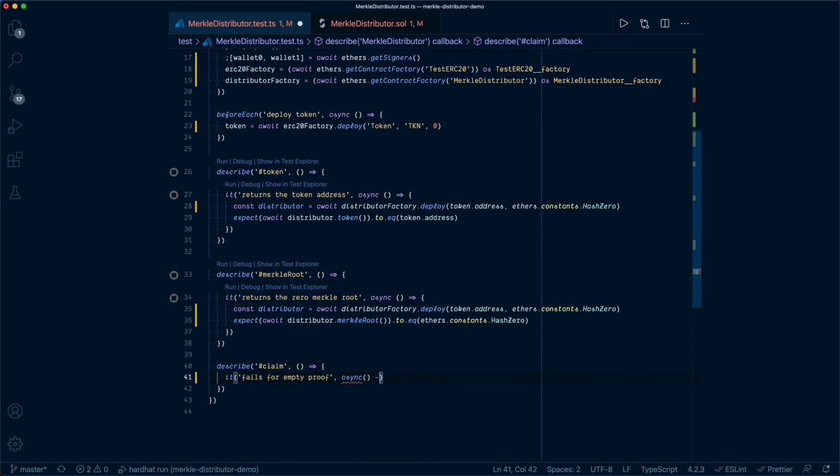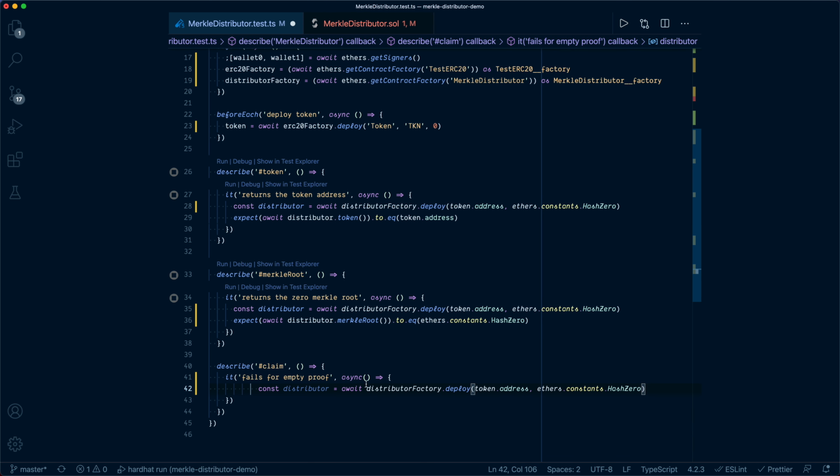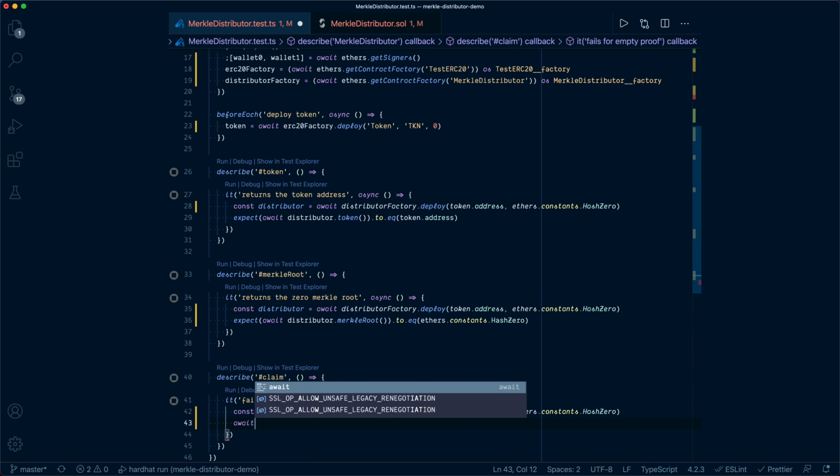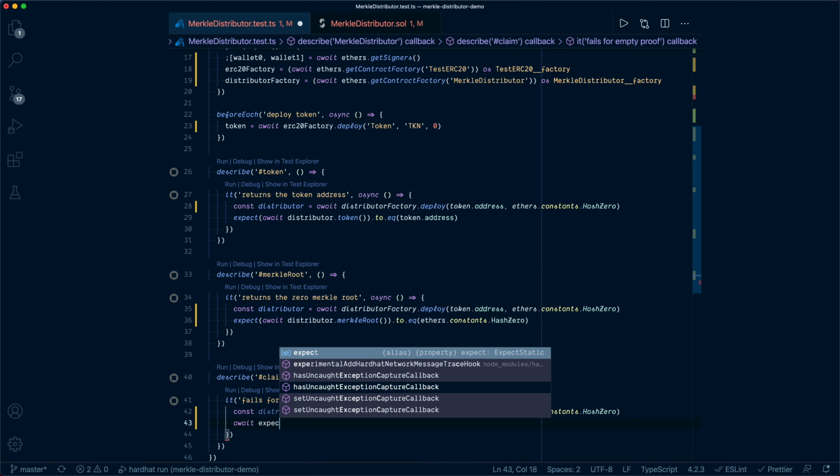And to do that, let's deploy again a distributor with this same pattern, and then try to use await expect